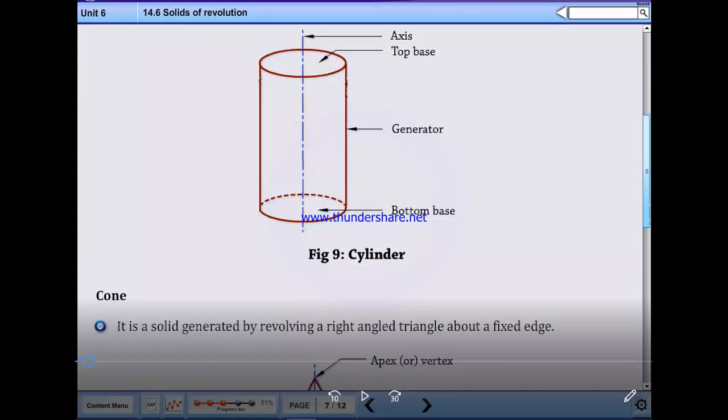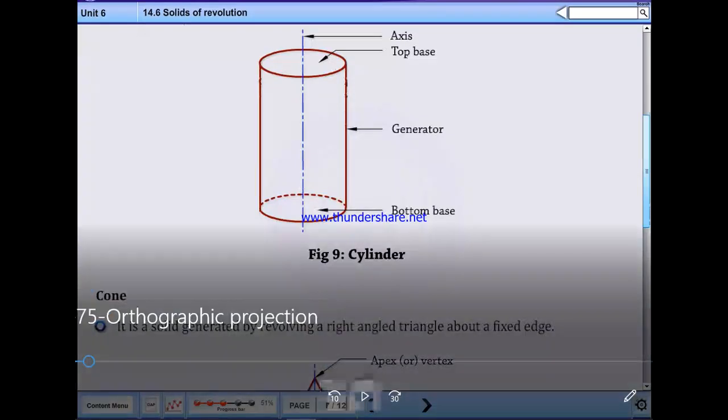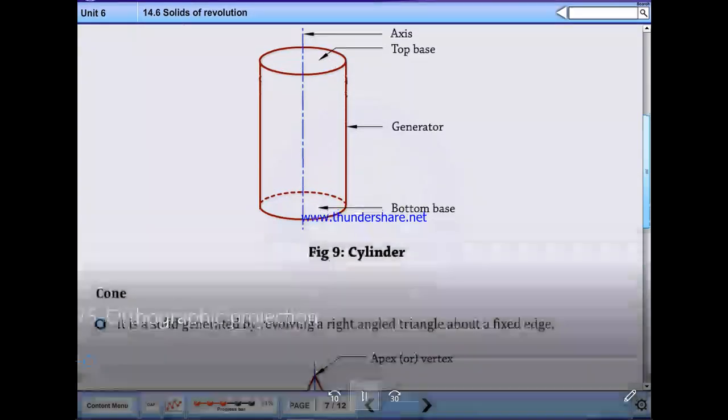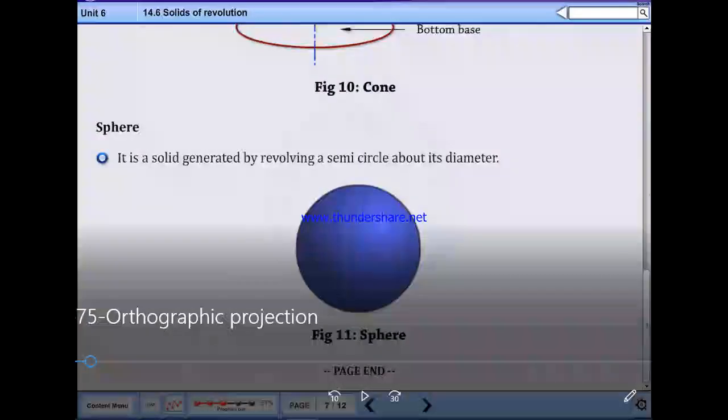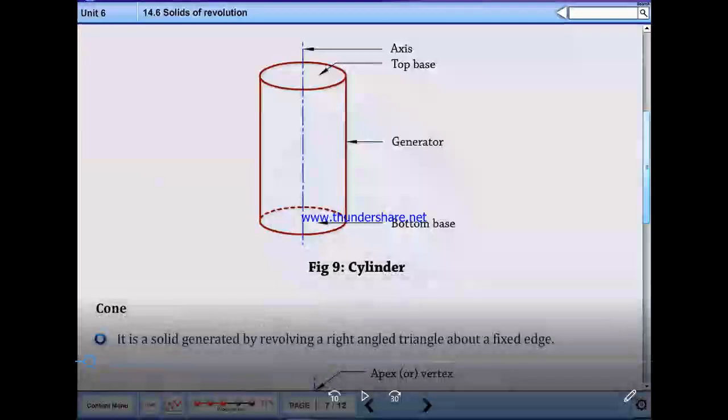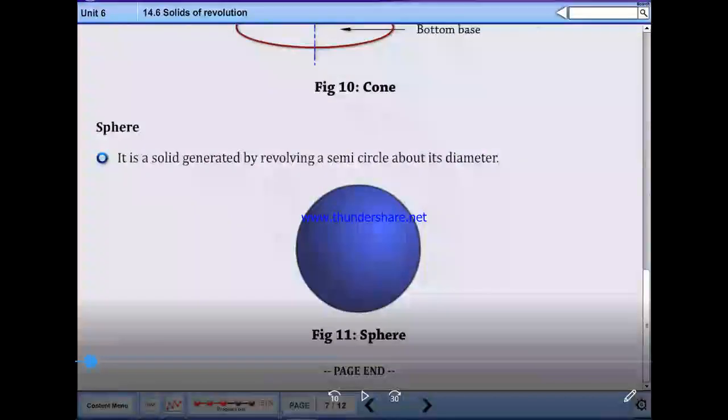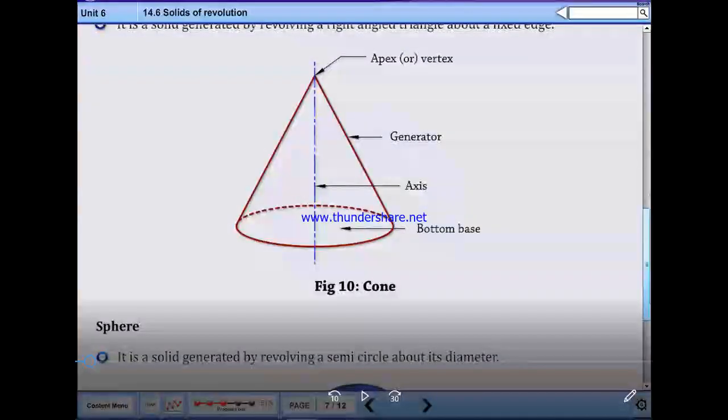Cone: it is a solid generated by revolving a right angle triangle about a fixed edge. Note down the cone: apex or vertex, generator, axis, bottom base.